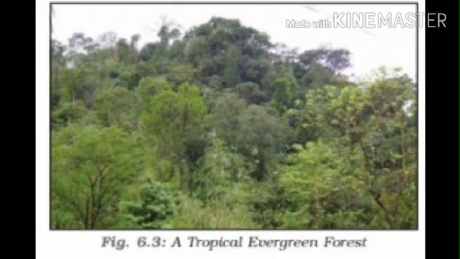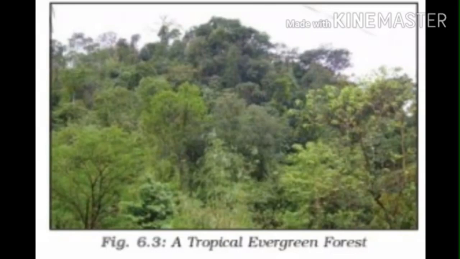Tropical evergreen forest is also called tropical rainforest. This type of forest requires a hot climate and abundant rainfall almost throughout the year. Okay. Then the trees of evergreen forest are tall and remain green throughout the year. Why? Because these kinds of trees have thick canopies, which make it difficult to enter the forest.